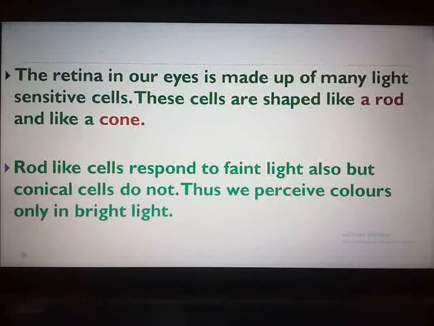As you have studied last year, whatever information is received by the eardrum, by the outer ear, is processed by the brain and you can hear the sound. Similarly here, whatever information is received by these two types of cells is processed by the brain and then you can see the actual image of the object.